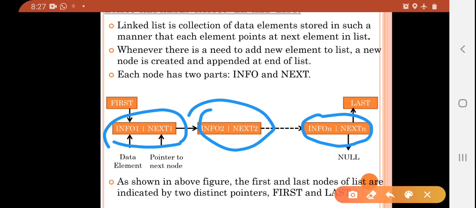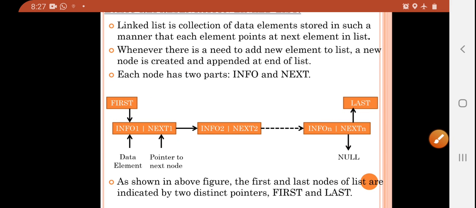These pointers are used to read the data elements of the linked list, or we can use them to find the length of the list. Info contains a data element, and next contains the address of the next node. Because next is a pointer variable, it contains the address of the next node. Clear? So this is about linked list.